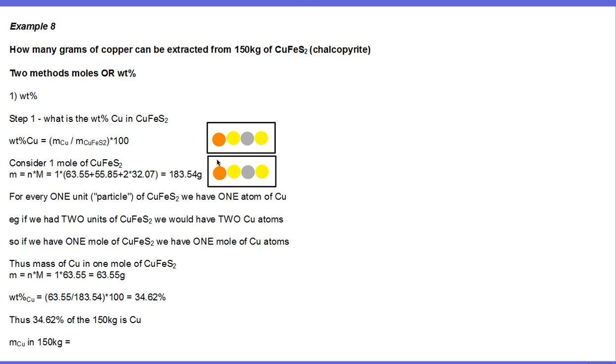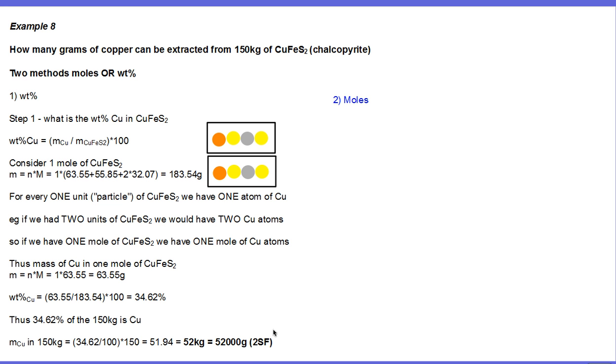Now, that means if 34.62% of this mineral is copper, that means 34.62% of this 150 kilograms is copper. So what's the mass of copper in 150 kilograms? It's just 34.62% of 150 kilograms, which is 51.94 kilograms, which is the same as 52 kilograms to 2